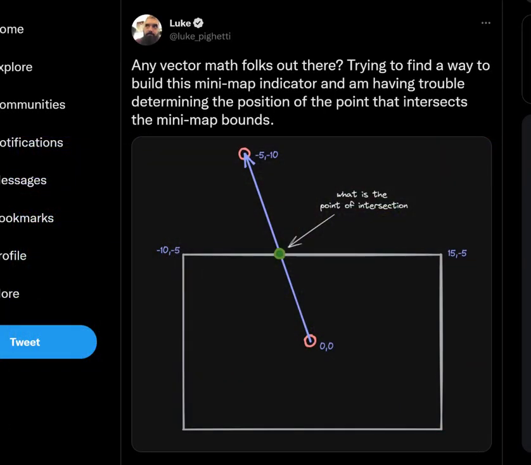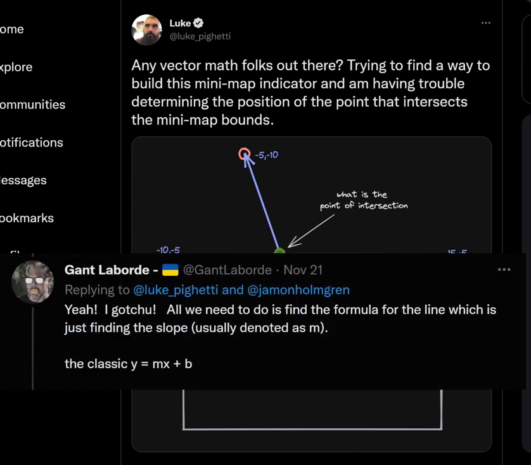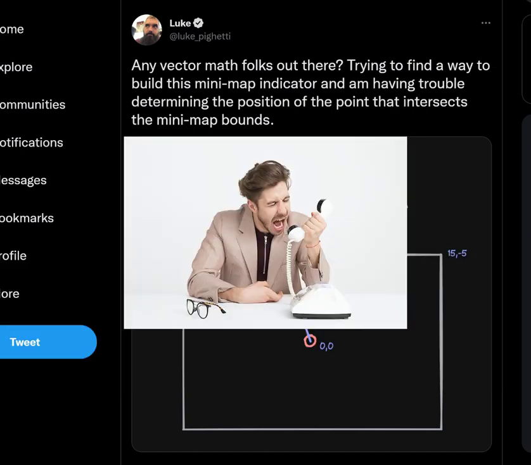I don't know. Luke posts this question on Twitter saying, hey, any vector folks out there, I'm looking to find out where this point and this point cross through this box and what that point of intersection is. And so I replied to this saying, no problem. Y equals mx plus b. Yeah, people didn't like that answer and said that I was just telling them to draw the rest of the